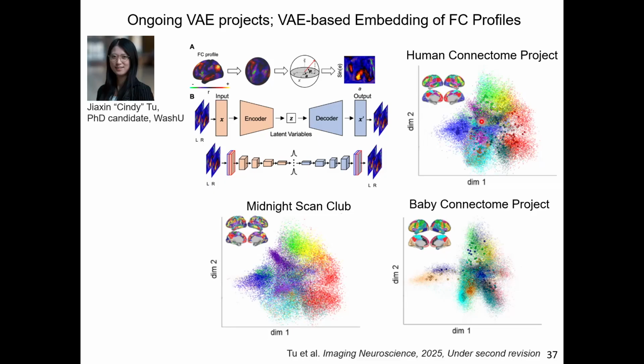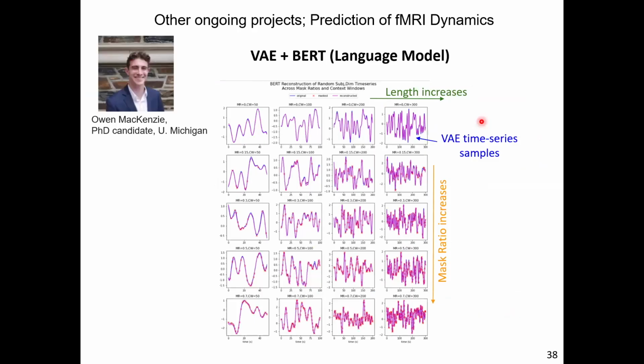And the other line of work is that we also want to predict fMRI dynamics using the VAE plus BERT. For this project, I'm working with Owen, a PhD candidate from the University of Michigan. So it's still very preliminary. We found a very interesting point: when we introduced the BERT model after the VAE model,